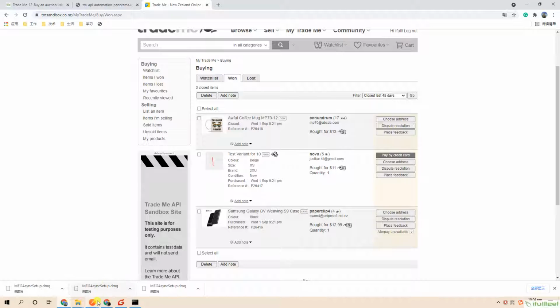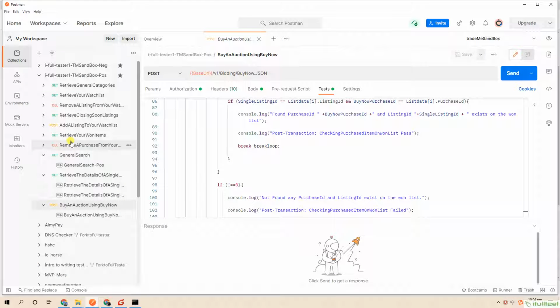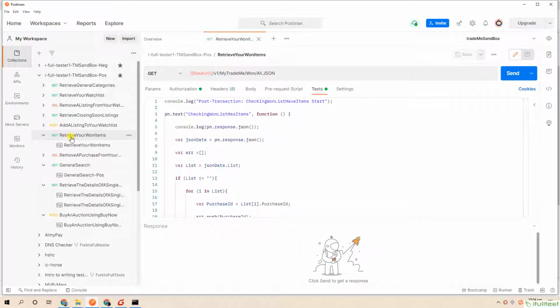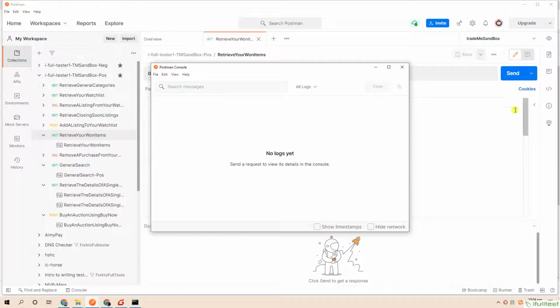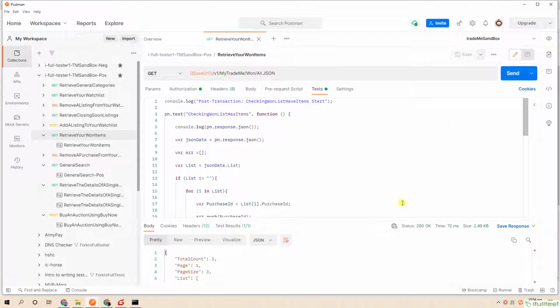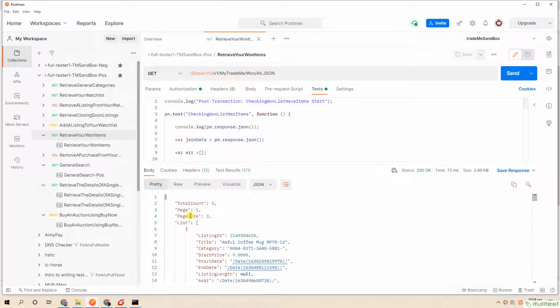Run the first API. Yes, we got 3 items total count for this status.